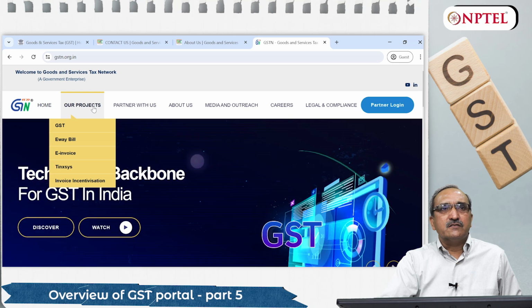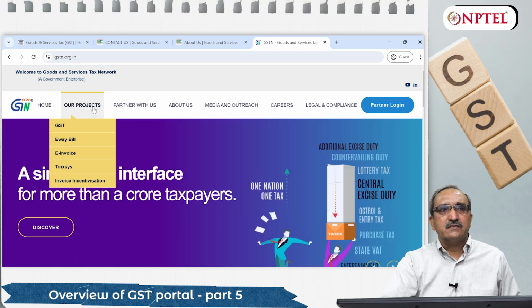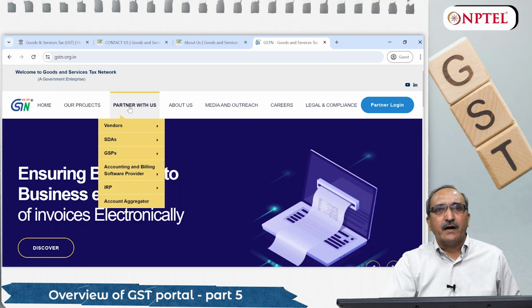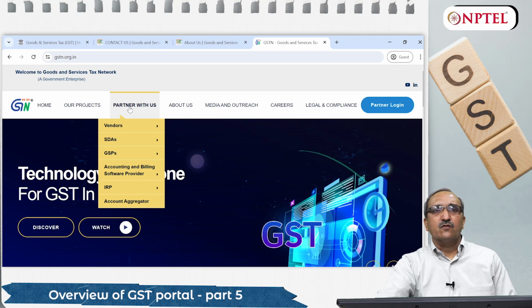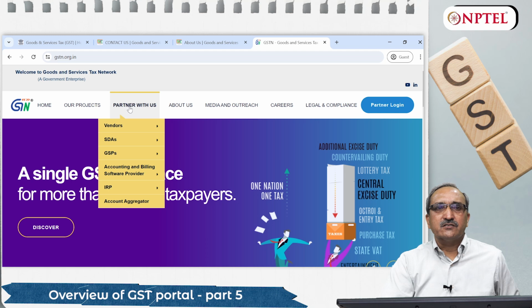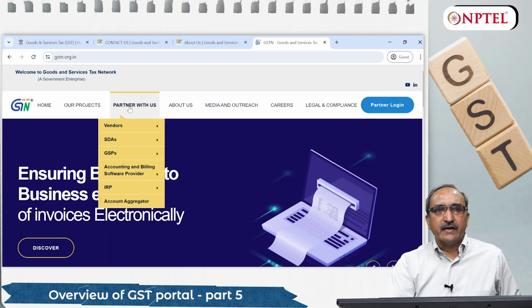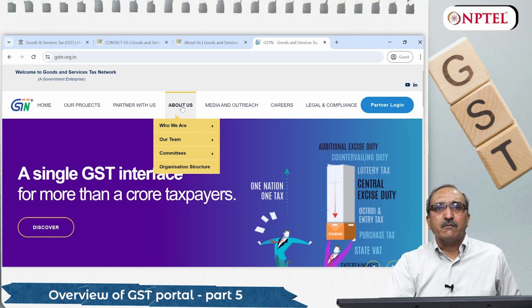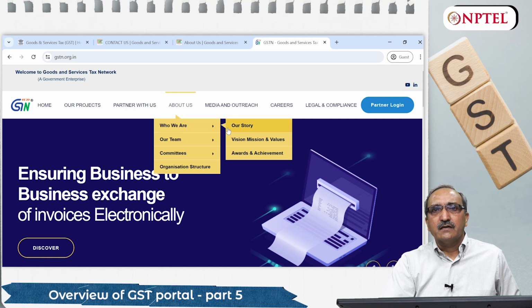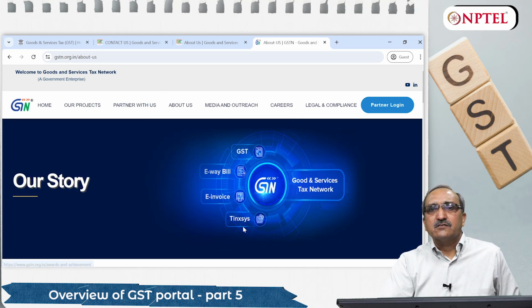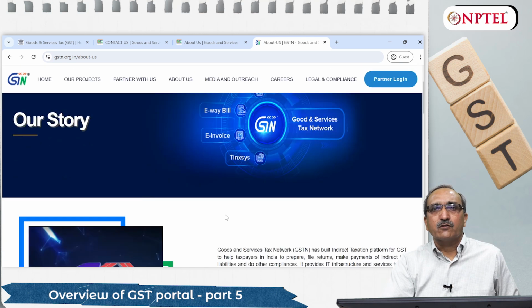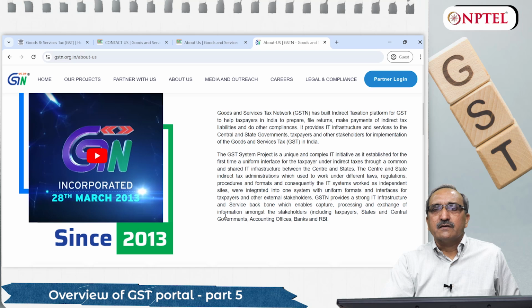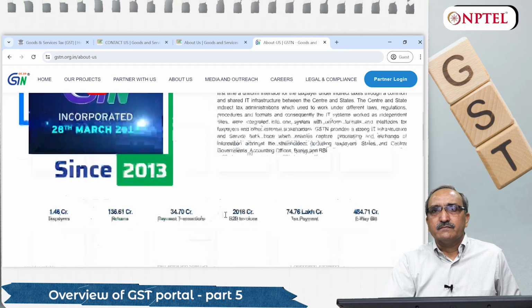So they have talked about their projects about GST, e-way bill, invoice, TINX system, invoice incentivization. Then they also have some partners with them to execute the things. So they talk about their vendors, SDAs, GSPs, accounting billing softwares, IRPs, accounting aggregators, like this. About us, they are telling something about them. If we click over here, they will tell you their story, and there is a small video available on their portal, and they talk about their total operations and how they came into the picture. They tell you everything about them,